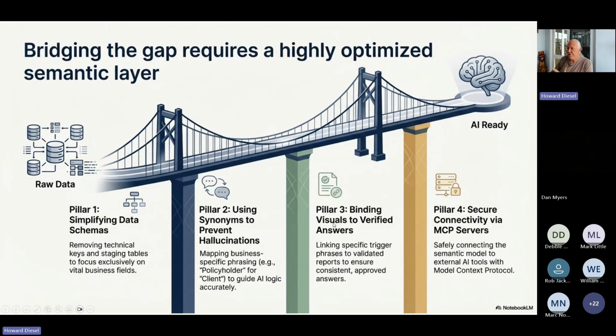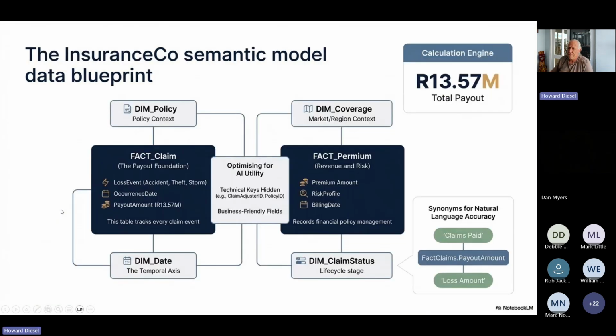We bind the visual to questions as verified answers. And then we can connect. We can connect Claude, or we can connect ChatGPT or Copilot Chat in Visual Studio. We can connect it directly to the Power BI model. Okay. So the first thing I do is I build this semantic model, and I've got two fact tables. I've got claims and premiums, and these are the dimensions that I'm working on. And of course, I'm trying to take care of